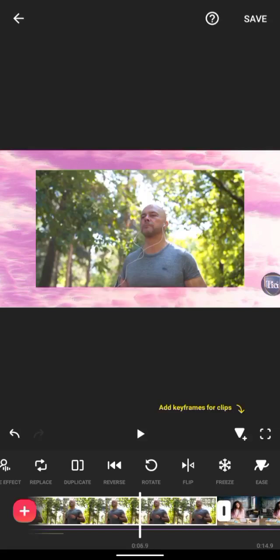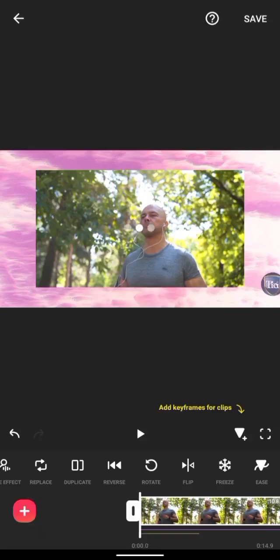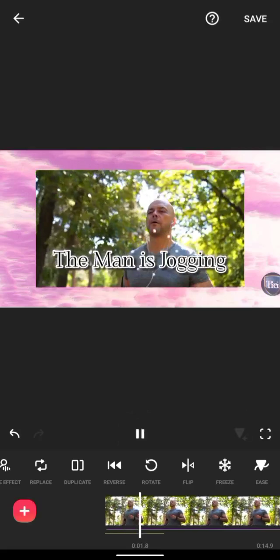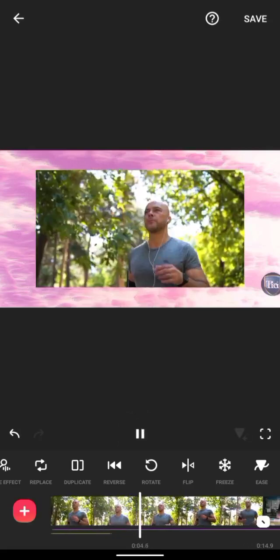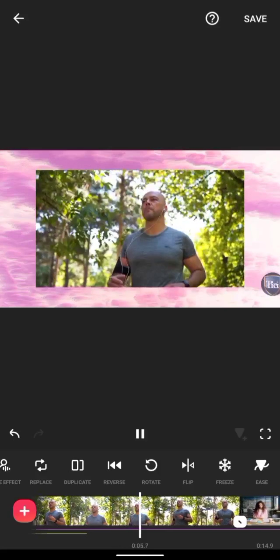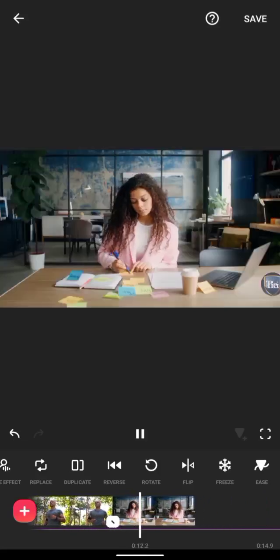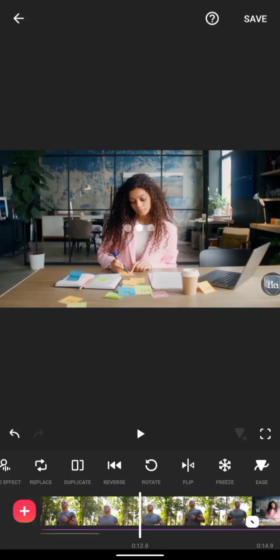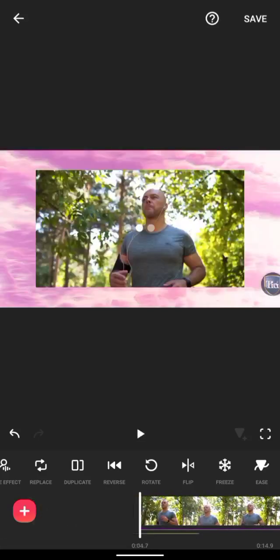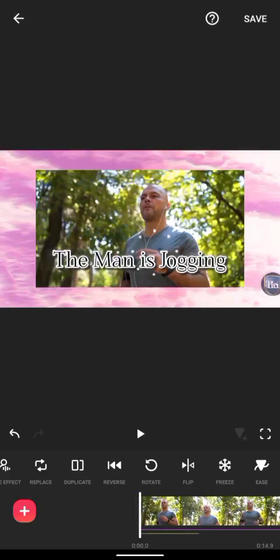So you can see clip reversed. Let me know if you have understood. Initially the man is coming forward, so when I click on reverse, the man then moves backward to the initial